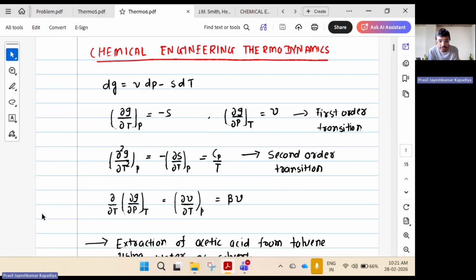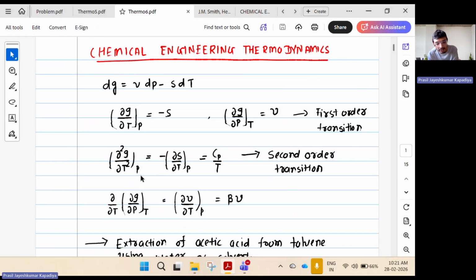Okay, so we know that dG is equal to VdP minus SdT. So can I write that del G by del T at constant pressure will be equal to minus S, and del G by del P at constant temperature will be equal to V. So this is my first order transition, and if I am doing one more transition, that is del square G